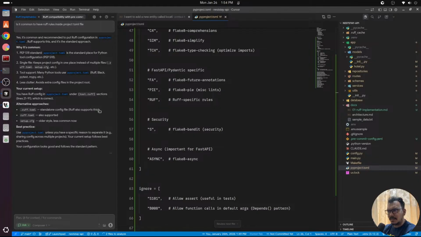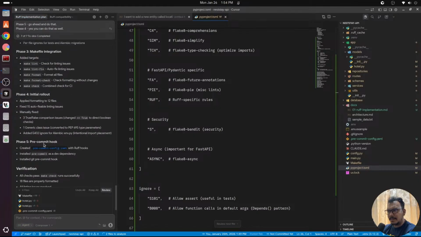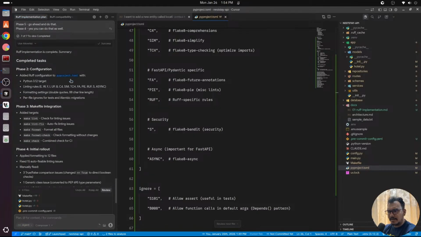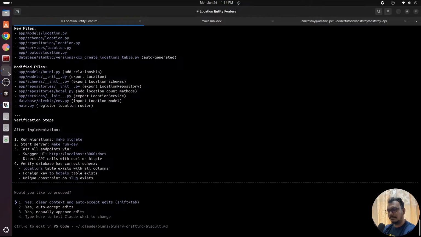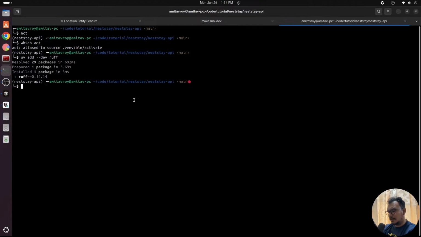Let's see. So added this make integration. So what are the make file commands that were added? We had help, we had rollback. So now we have lint, fix, format, check. Okay, which basically means we'll go over that later on. Make